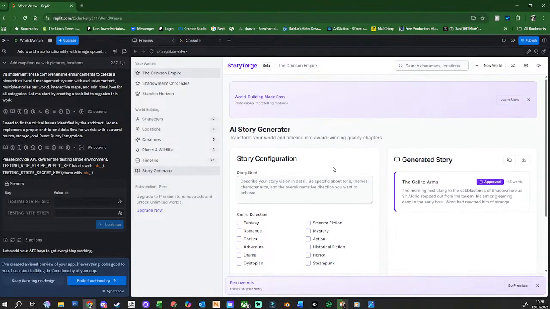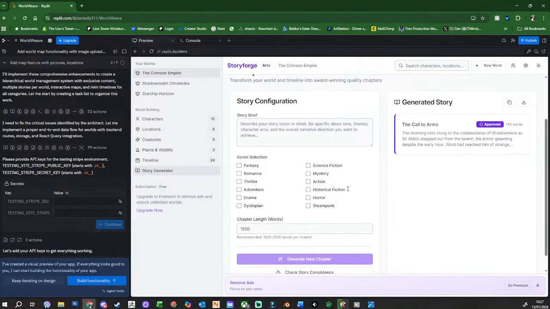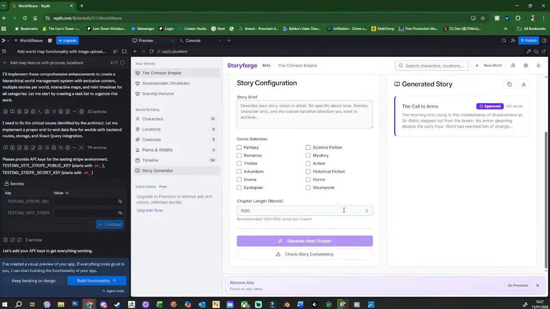Either AI can do it for you and it will pull the information from your timeline and whatever else and write the story using all the information you've fed in at the front end, or you do it manually, but you can just produce it here. And then there's checker tools that we put in there, so it goes back and looks at stuff. But this was all, they call it vibe coding, don't they?